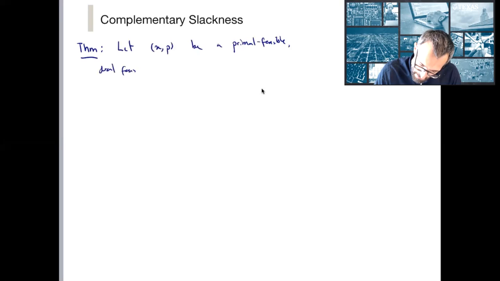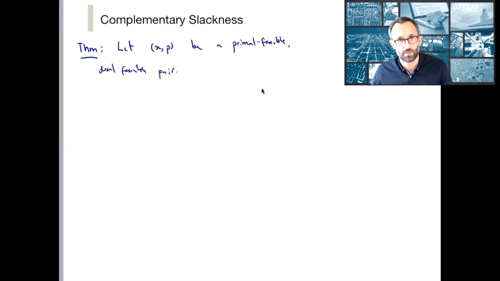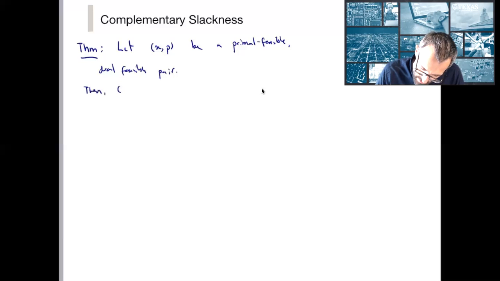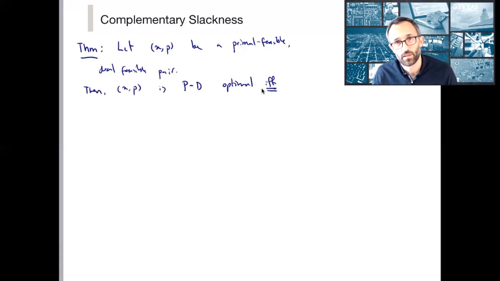I'm not saying that they came from the simplex method or whatever. I'm just saying they are primal feasible, dual feasible. Then this pair X, P is primal dual optimal if and only if...